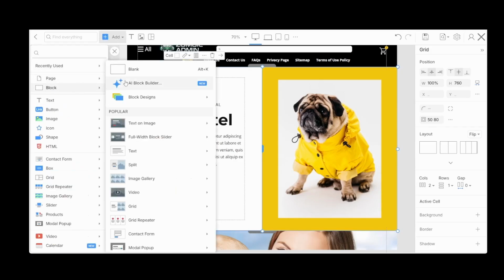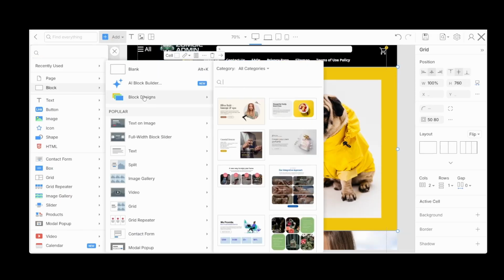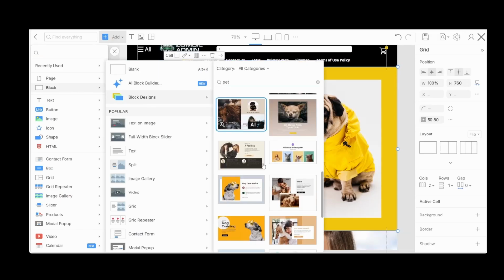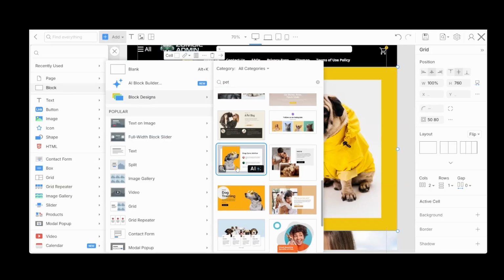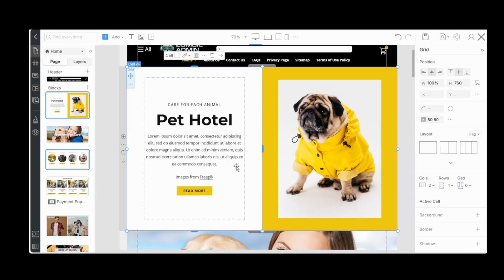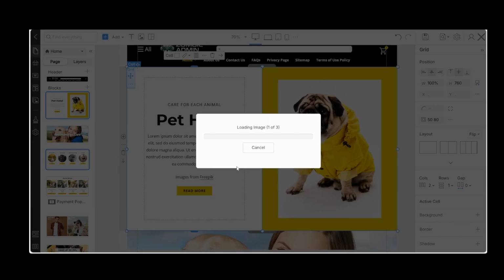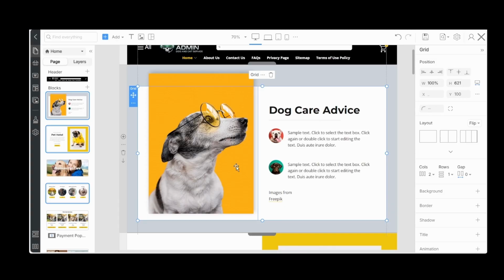And let's go back and let's see what else they have. Let's click blocks again. Let's take this. I like that. Let's go back to blocks.